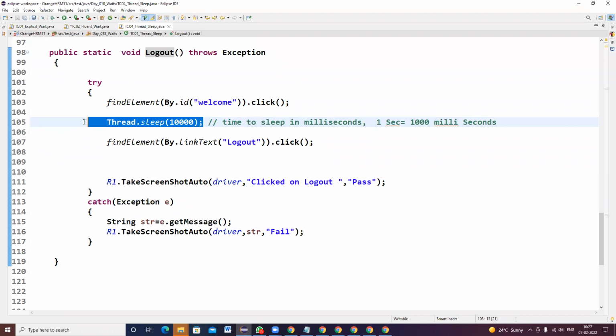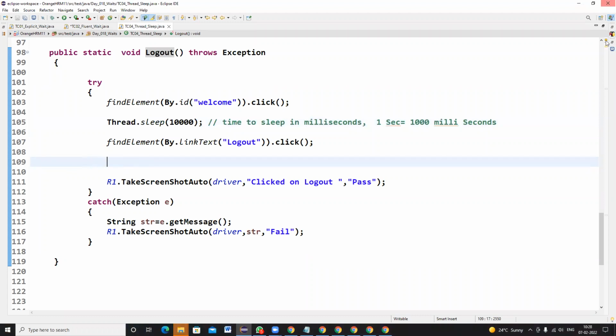If you write thread.sleep across the program, you will see only thread.sleep. But it is not at all required because the driver is automatically handling it, since you specified an implicit time of 20 seconds. The driver waits at maximum that long, and in case it loads early, it handles that automatically. So there is no need to write thread.sleep at all. Got the point? Somebody asked this doubt online. So everyone is clear why thread.sleep is not recommended.